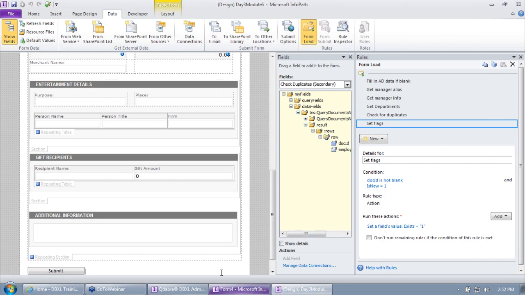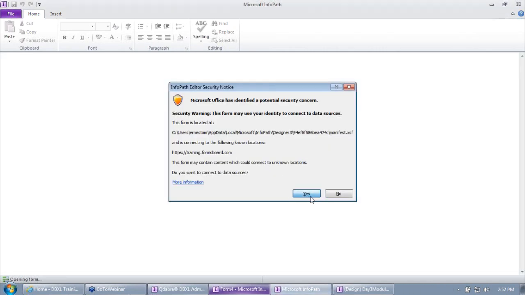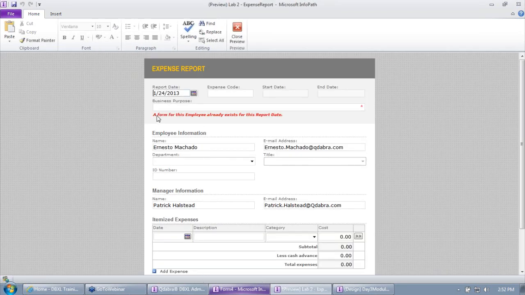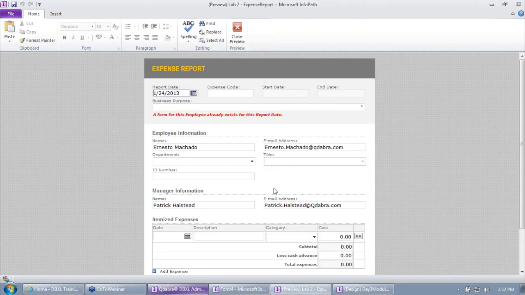So if I preview this, I'm going to get that message about data already existing, because I know that I have already submitted 3 forms. So see, a form for this employee already exists for this report date, because I have, in fact, 3 of those for the same report date. So the form is doing its job,